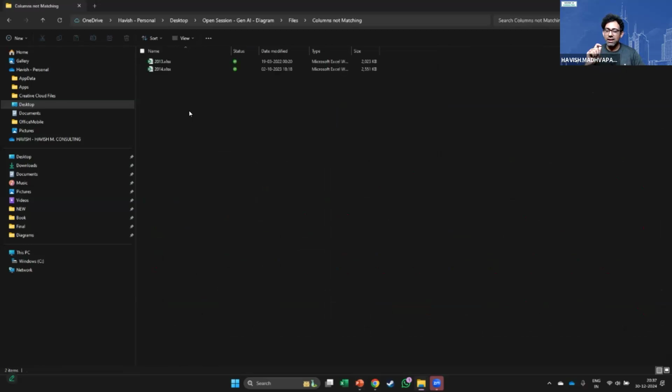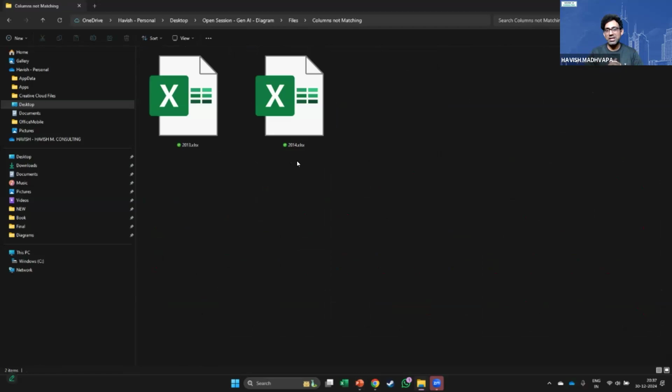And the problem is that I am suspecting that the columns are not matching. Now, I'm sure all of us have been in this position earlier. You ask people to fill up a template, but then you're not sure whether the template is matching or not. And the dangerous thing in the world is when people say they are similar. See, similar doesn't help me because it doesn't tell me whether they're matching or not. It's binary, right? Either it's matching or not matching. There is no in between.